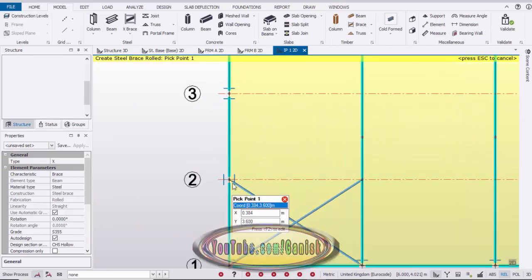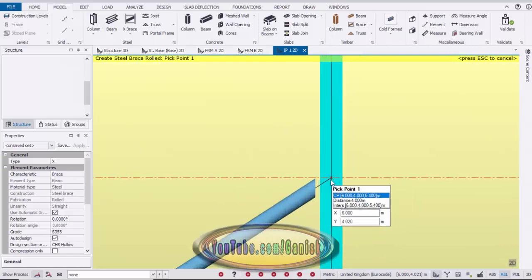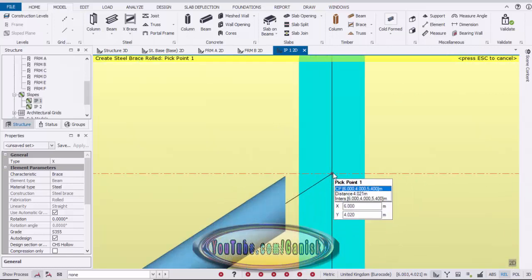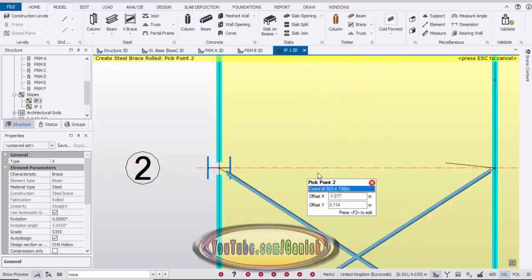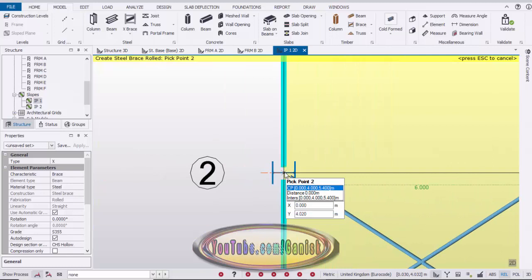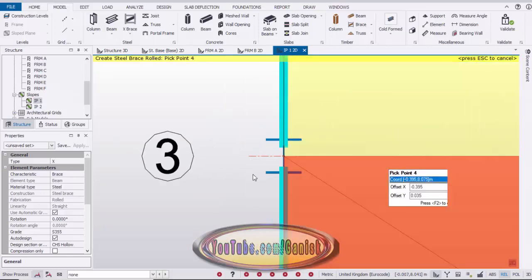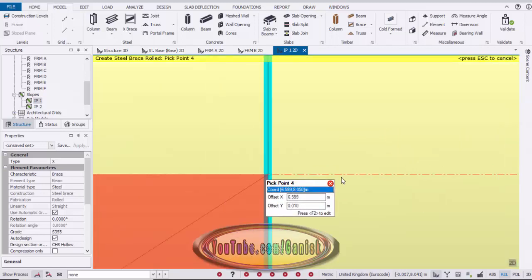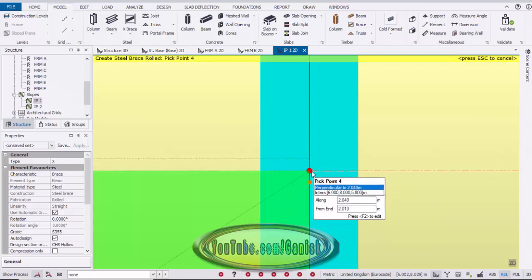Okay, do the same procedure, zoom it and pick the first point at here. It should be at the intersection of the grid, and pick the second point at here, pick the third point and zoom it. You should pick at this location, don't click on here. If you click on here, you won't get the result in the final result. So click on the grid.